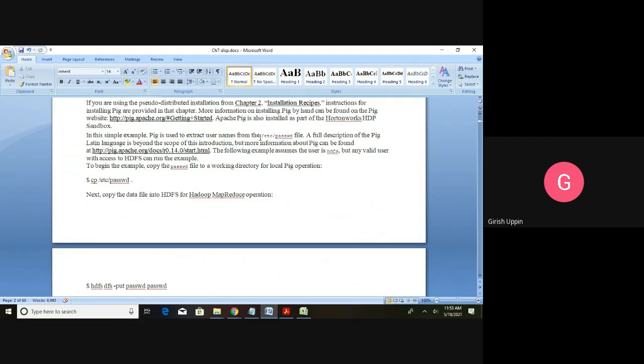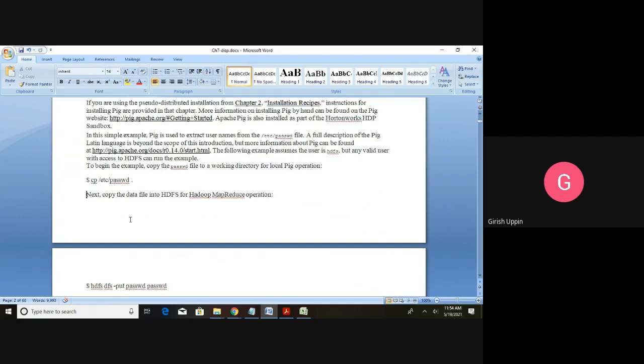Inside the root folder there is an etc folder, and inside that I have the passwd file, and from that file we are going to extract the usernames. A full description of the Pig Latin language is beyond the scope of this introduction. So we are not covering the complete usage of Pig; we are just going to see one example.